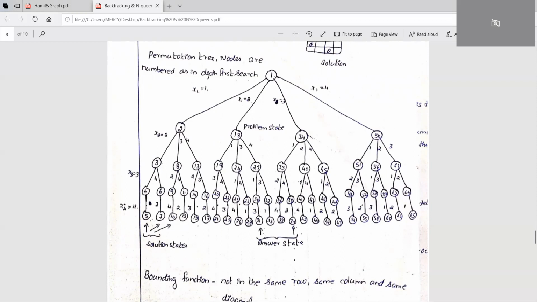So like this, we have to trace the state from the root node to the leaf node. Once it has reached the dead end, then you will come back here. Okay, so after 5, what will happen? It will come back here. After this, there is no other possibility, then you'll come back here. So next possible will be this one, the 6 or 7. Then you'll come back. So 7, 8. Once you finish this, this part is over. Once this part is over, then you have to go back to the first part, that is the second position where the queen we have to put.